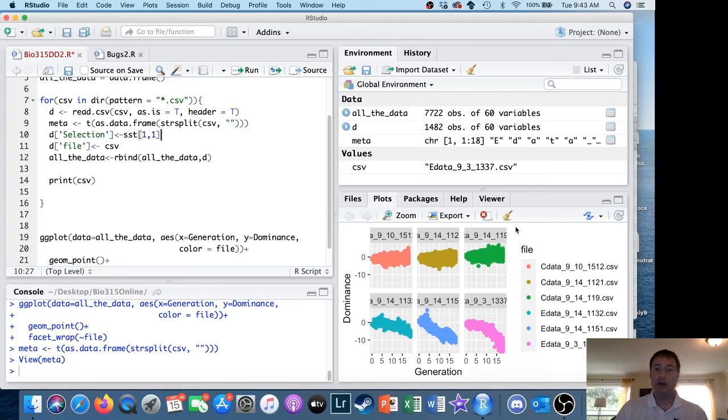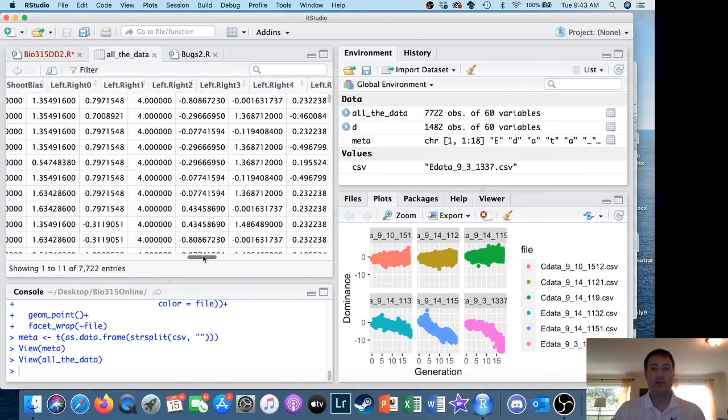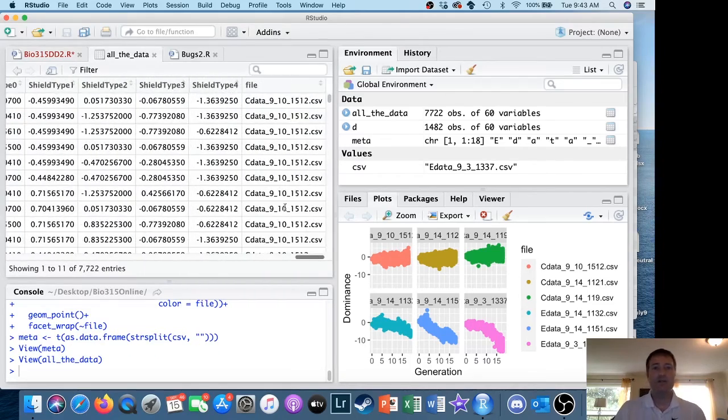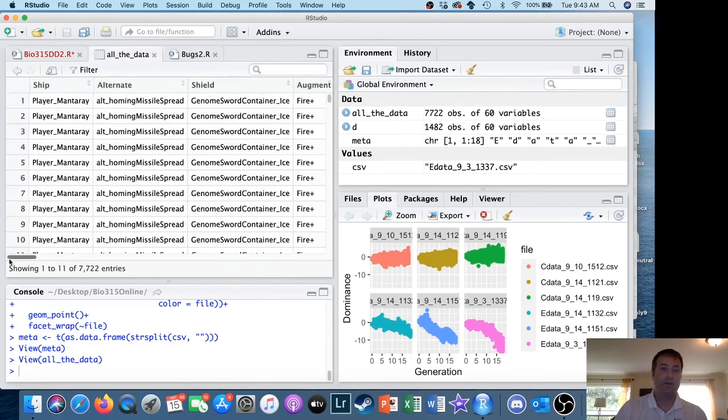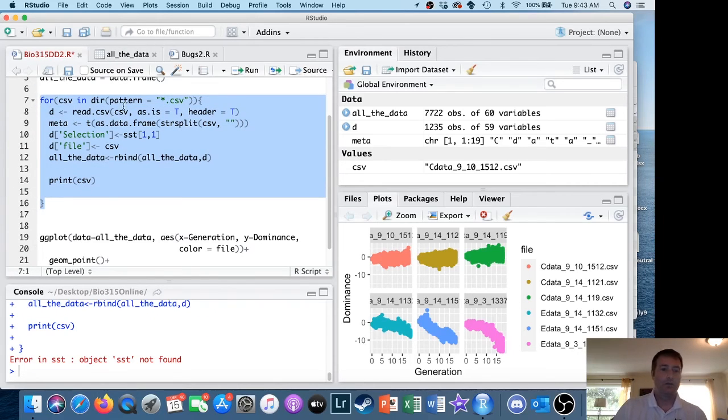And so I'm going to, actually I'll keep this plot. And what I'm going to do is rerun our for loop here. And so let's actually, before I rerun the for loop, let's look at all the data. And we've got 60 variables, and at the very end, the last variable is the file name. And now, if we rerun our for loop,